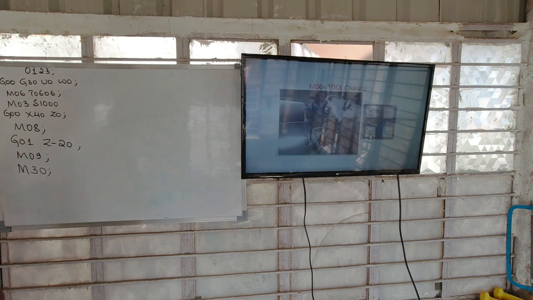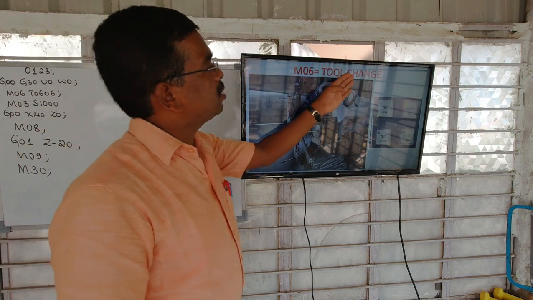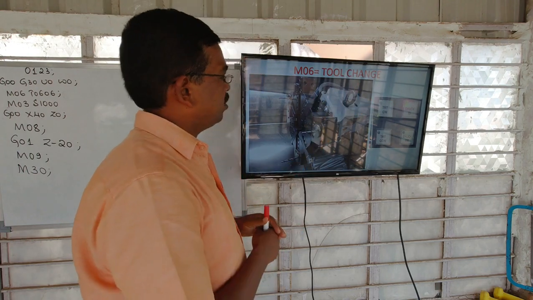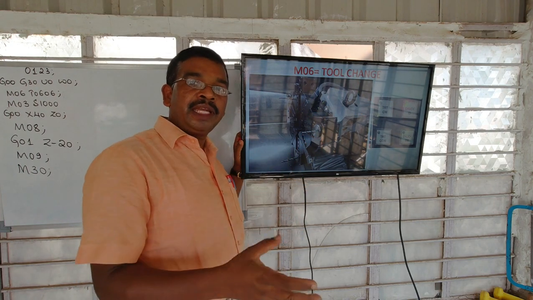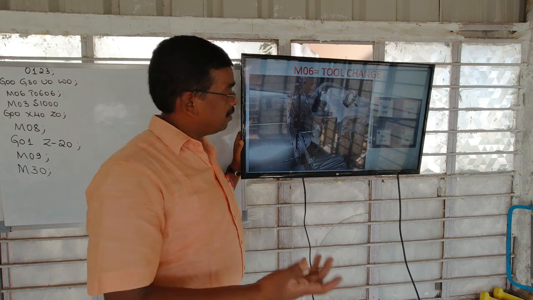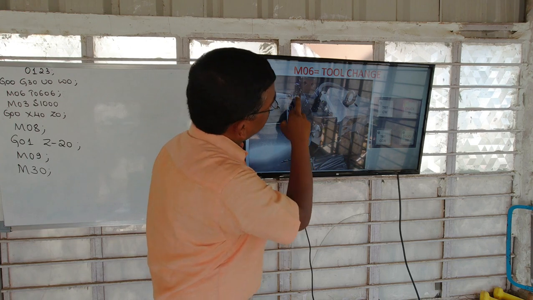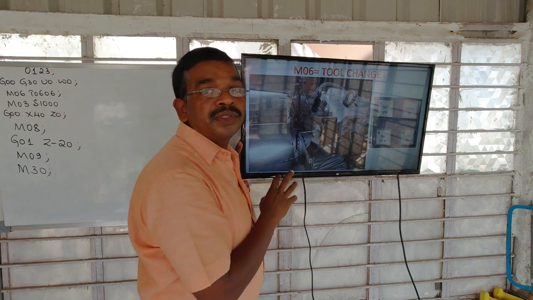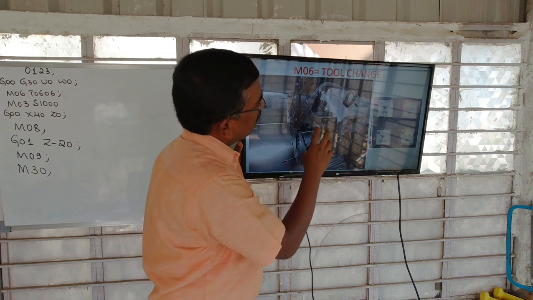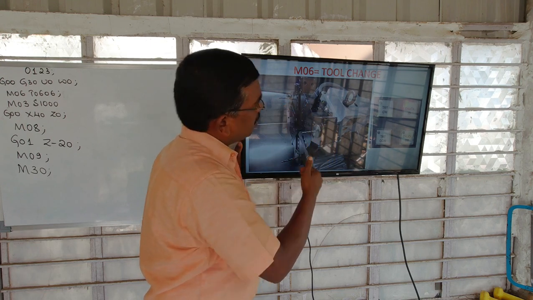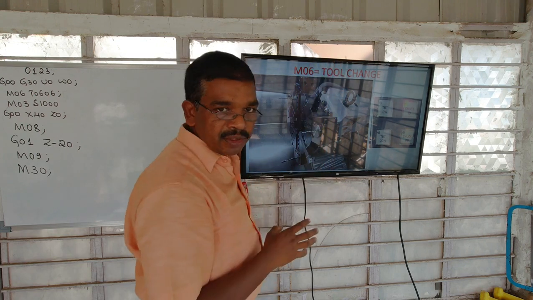So here we have the programs. See, this is for M06, that is for changing the tool. In a CNC turning center, or it may be milling or VMC, HMC, whatever it is, particularly for CNC turning, we have 8 tools. 8 stations are there. We can fix the tool at any station. We will call that tool for operation by writing M06.